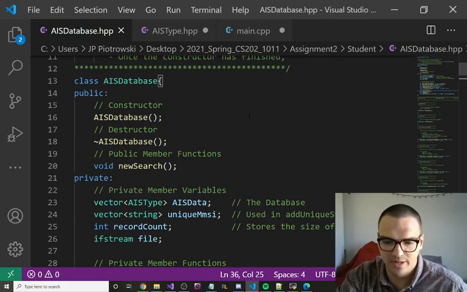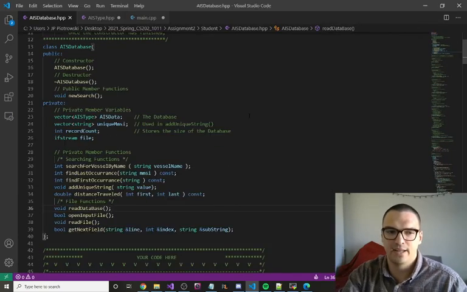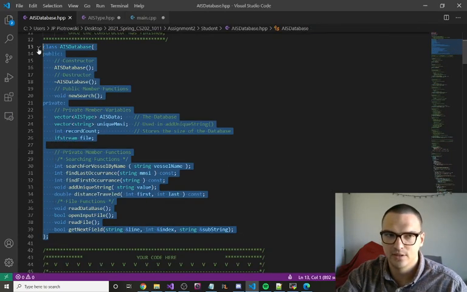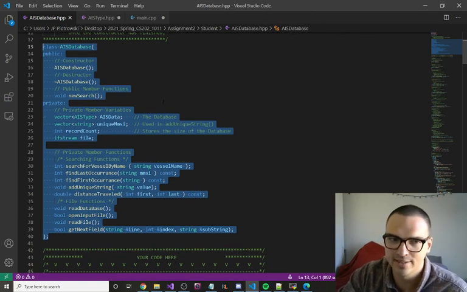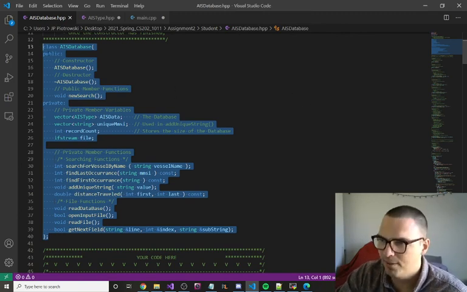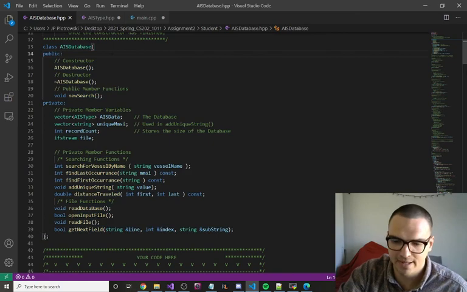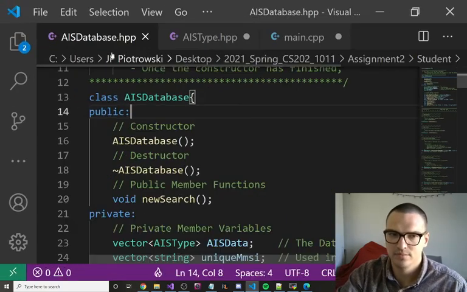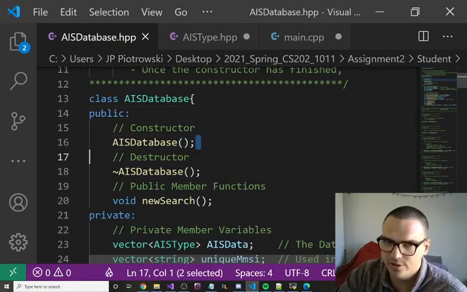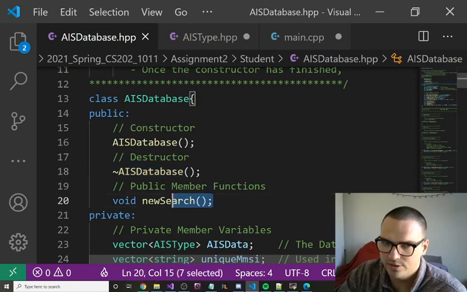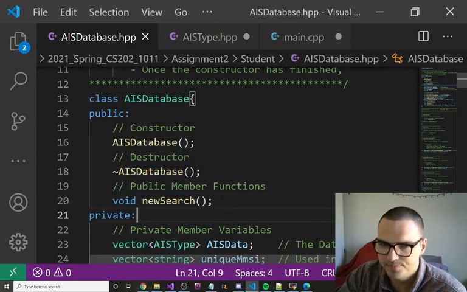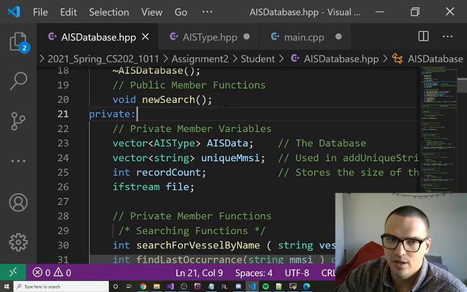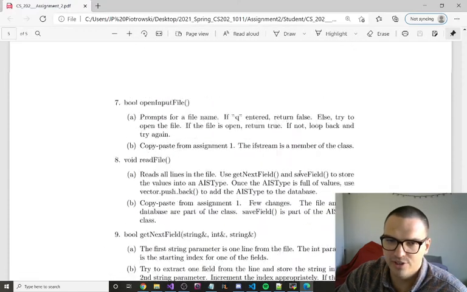Let me zoom out here a little bit, and then I'll bring it back in. So here's the whole class. So right here, class AIS database. And you got your public and your private. So now I'm going to zoom back in. So here's the constructor. Here's the destructor. Here's this void new search. And I'm pretty sure if I just check this,